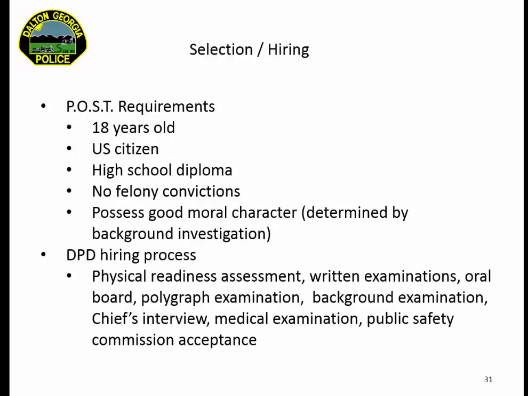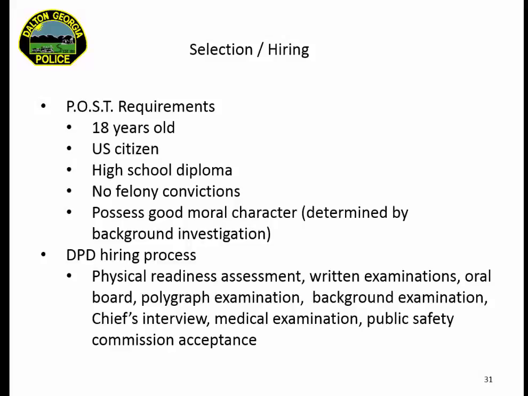The next topic we'll talk about is the selection and hiring process. This has changed a little bit over the past few years, but everything is pretty much still the same. Our process, I would say, since most people that are still employed here, hasn't changed that much over the past. So POST requirements are still the same: 18 years of age or older.